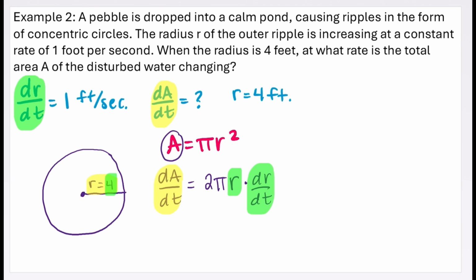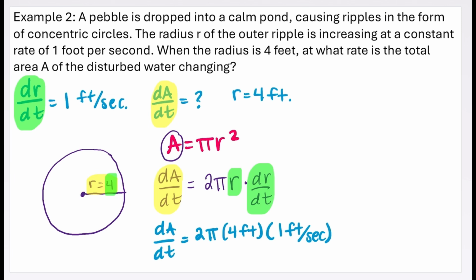You can do this. It helps me figure out what my final units are going to be, or you can leave it out. If you choose to leave it out, just be careful and make sure you have the correct final units when you get done. So dA dt equals 2 pi times 4 feet times 1 foot per second. And then I'm going to have 2 times 4 times 1, which is 8. So I'm going to have 8 pi. Then I have feet and feet here, which becomes feet squared